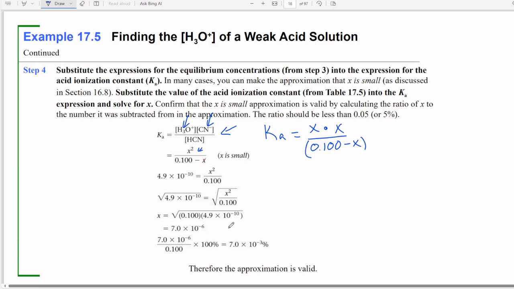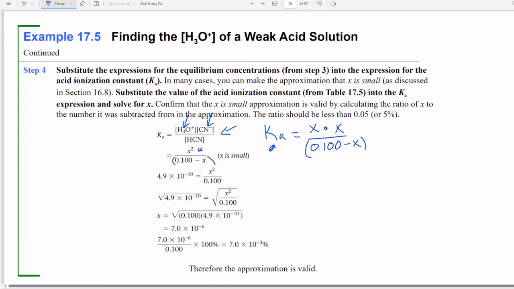So if we work this equation out and distribute, we set this equal to the Ka for the acid, which is 4.9 times 10 to the minus 10. When we distribute everything across, we're going to have a quadratic equation, which is going to require us to plug that into the quadratic formula to find the answer. But we have a little shortcut we can take in many of these weak acid problems,